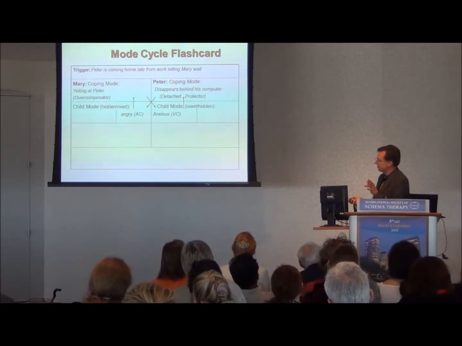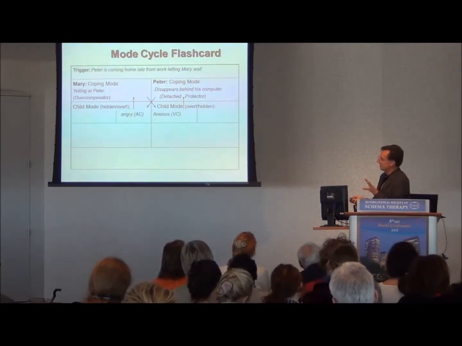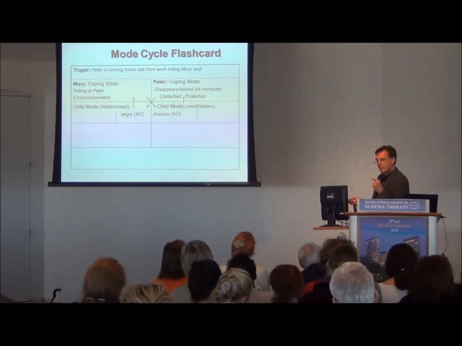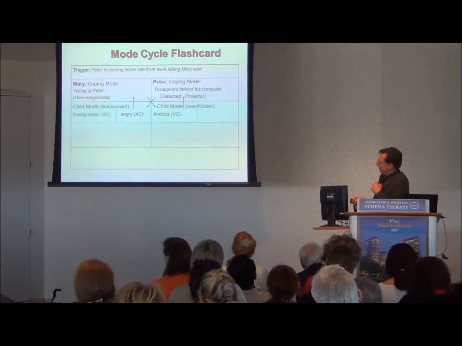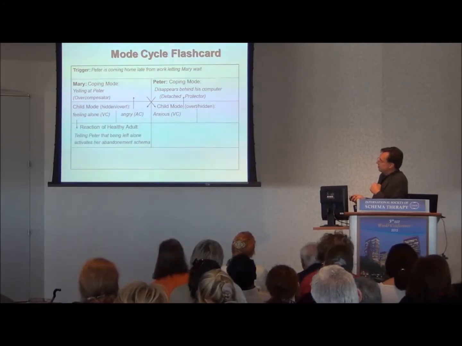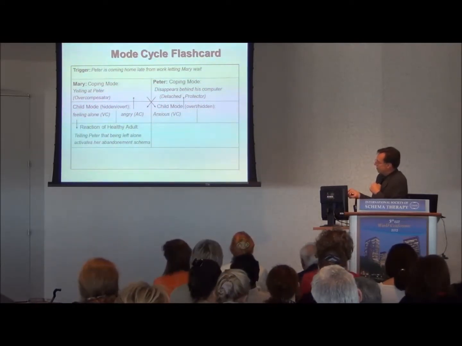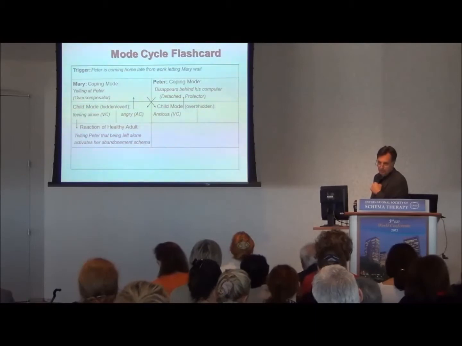So we have to change into a healthy adult perspective and actively look for the other not activated child mode, which in the case of Mary is feeling alone. This is the vulnerable child. And when she's in the anger, she forgets about her vulnerable child. And the healthy adult now